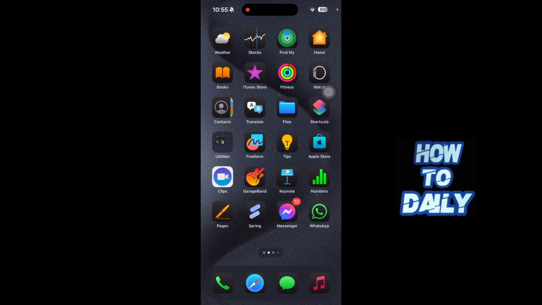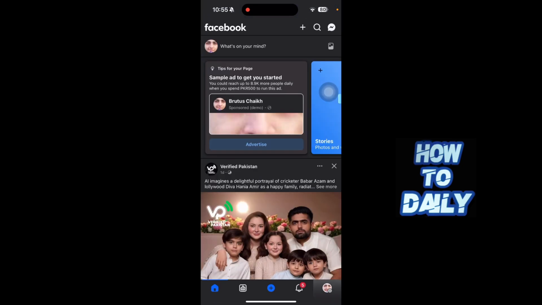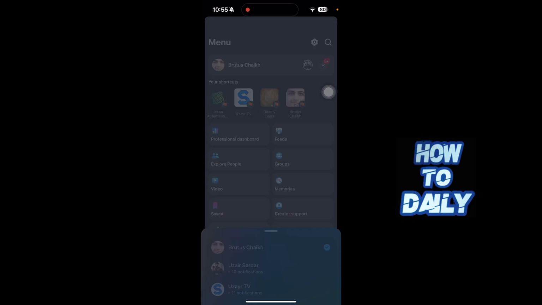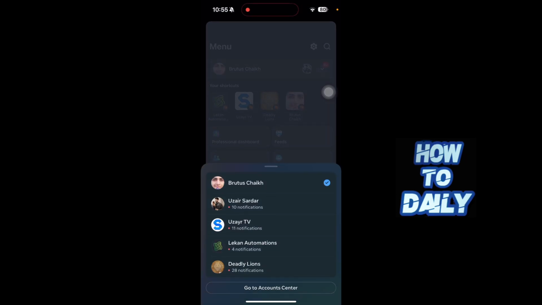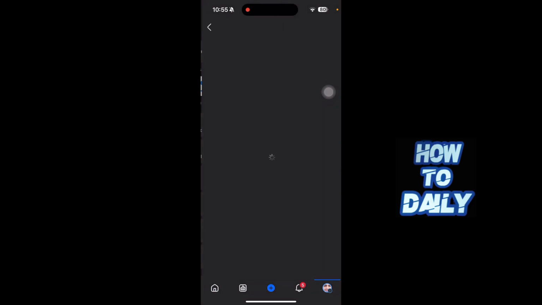So first of all, you just have to open up your Facebook application on your iPhone or Android device and select your page from this drop down menu. So I've already selected this page. Once you've done that, you just have to click on the settings gear icon in the top right corner of the screen. After you click on the profile icon in the bottom right corner of the screen, let's go to